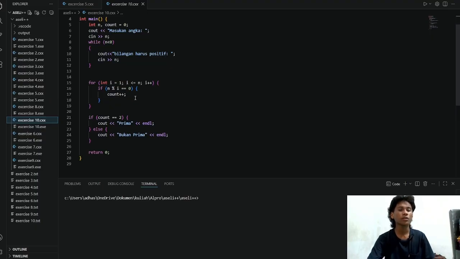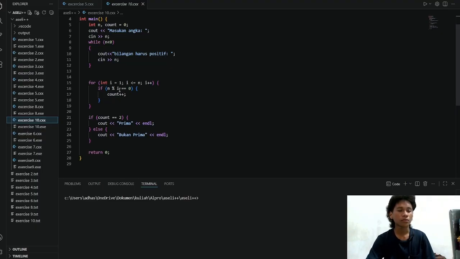For the example, we use 5. If n equals 5, 5 modulo 1 is 0, right? So the count will go up, so the count will be 1. And if we use 2, the condition is not fulfilled, so the count will not go up.